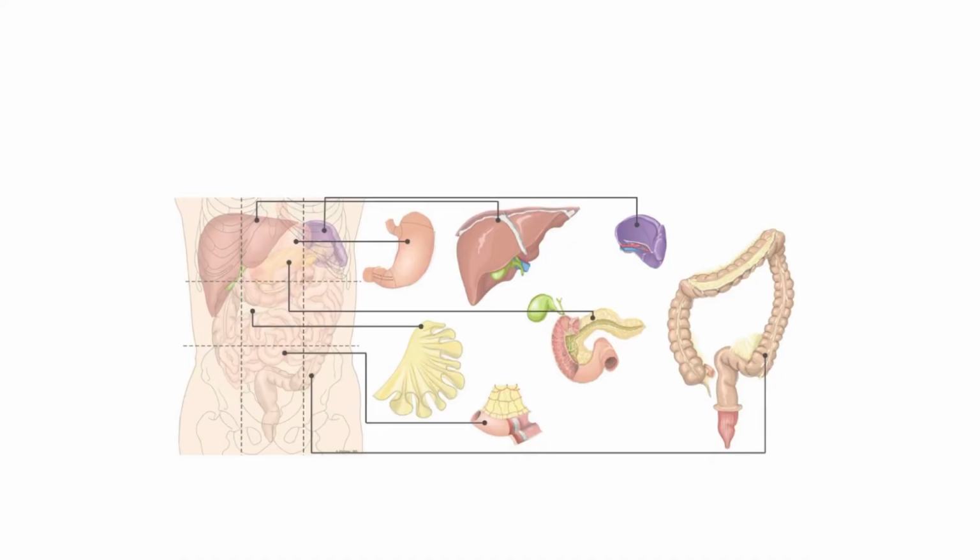On the right iliac region, we have the ileum, the caecum, the vermiform appendix, the colon, and the right ureter. Then for the left iliac region, we have the sigmoid colon, left ureter, and the distal descending colon. Then finally, on the hypogastric region, we have the small intestine, the sigmoid colon, the rectum, urinary bladder, right